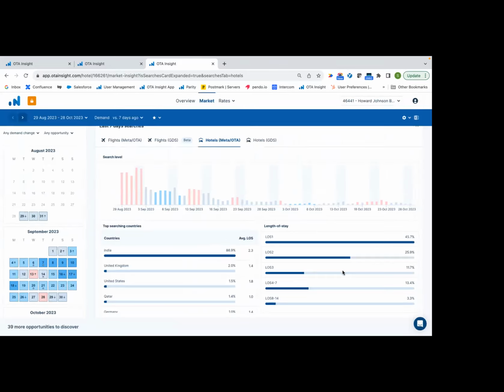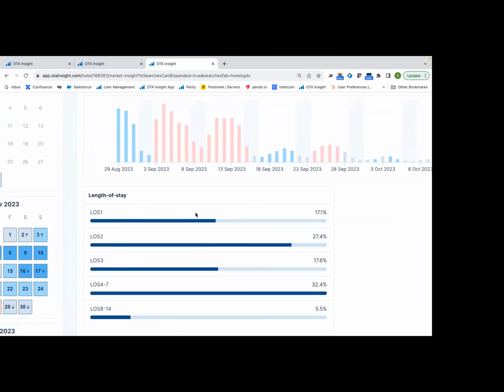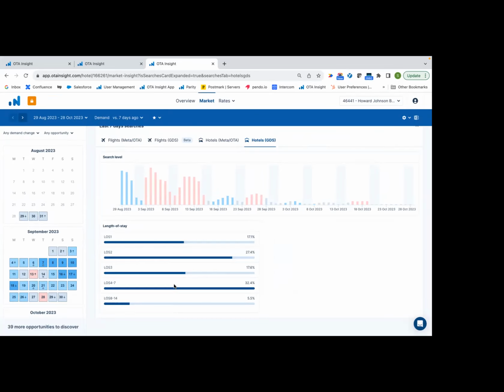Do we have that price point? And then followed by GDS. In GDS, we currently only show you LOS. So again, you can see 4 to 7 nights is quite higher over here. And that is exactly what we saw in the flight searches when it comes to the GDS and OTA searches